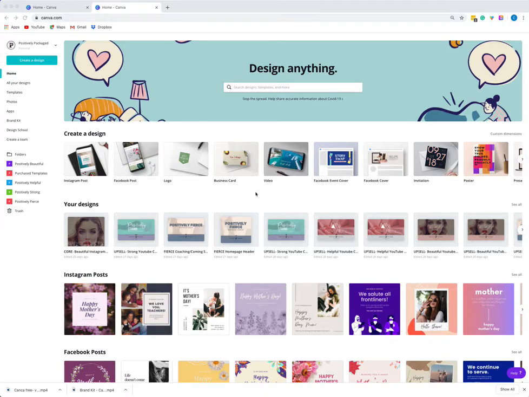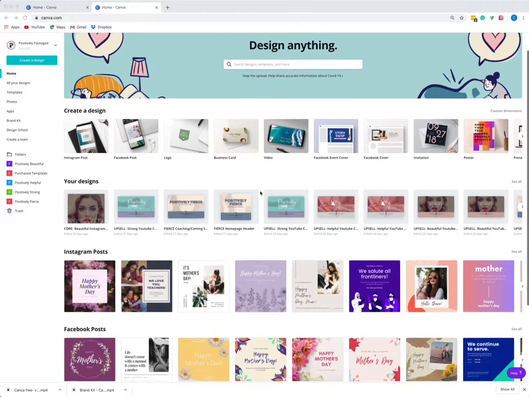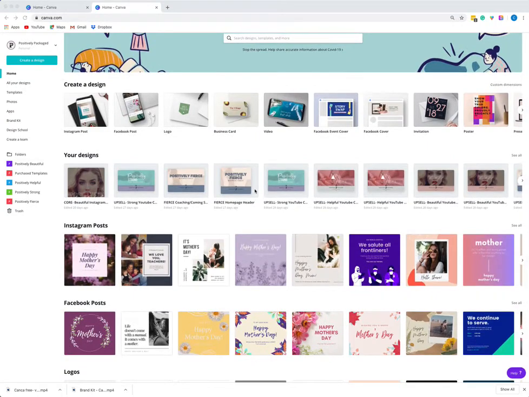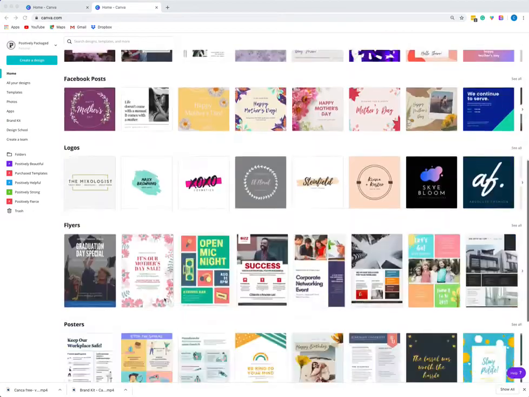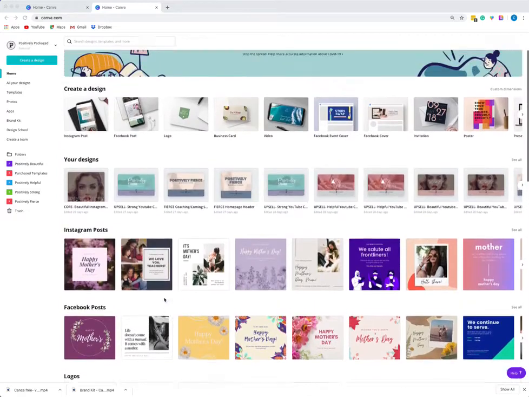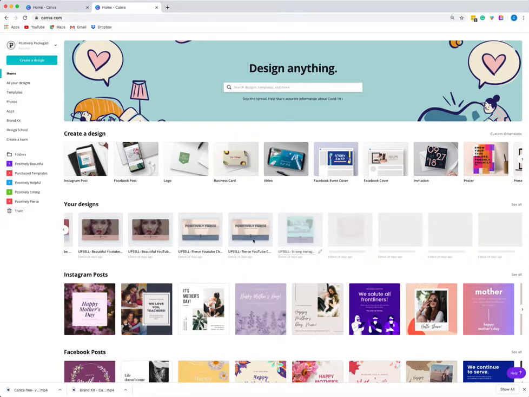This is your home screen, and it can seem a little overwhelming, but eventually you'll get to know what parts you need to focus on. Like these are all the templates that they have given you and things like that. But as you start to create your own designs, you're really going to focus within your design section. And a lot of times I don't even pay any attention to this after I've started creating things, because I